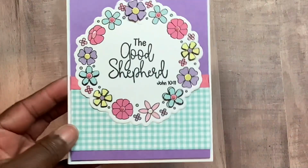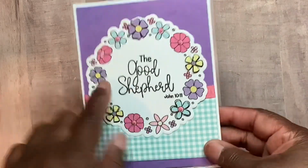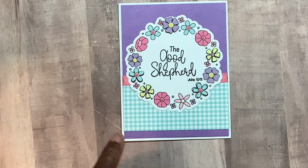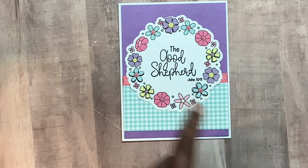All right, so here is one top folding card. That's just what was in the paper pad. I just cut out some of the flowers and popped them up, and I was trying to edge them with black, but you know, my hands will slip in a minute. Oh, and this